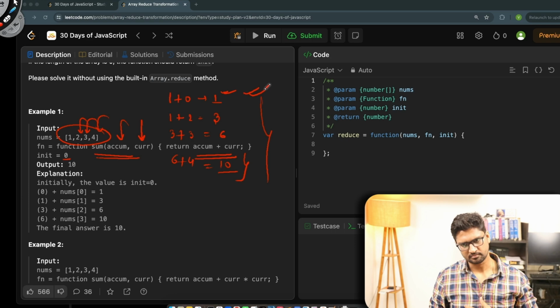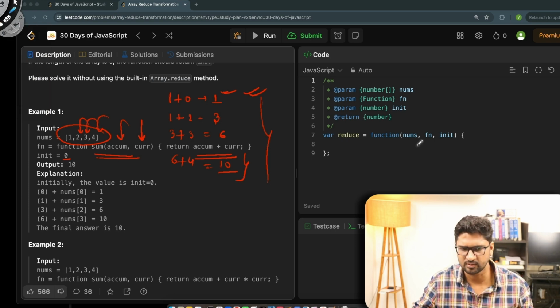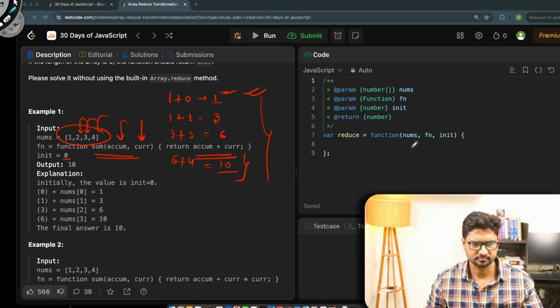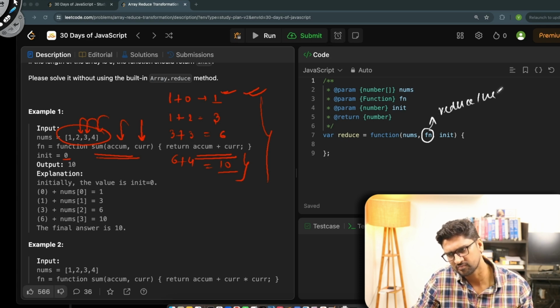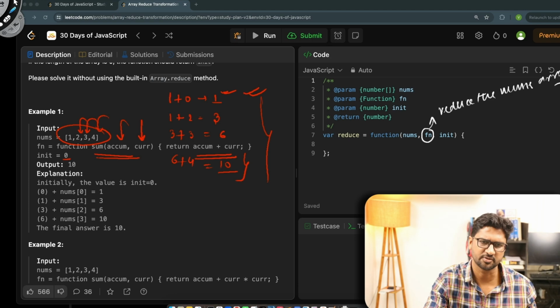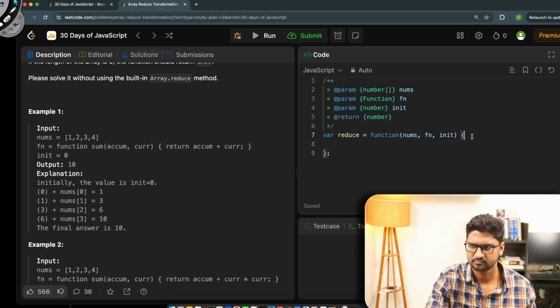Fair. So now what I have to do is implement this code. What I'll do in this code is, typically I'll make use of this function to reduce the nums array. Let's try to write the code for this. So I come here,